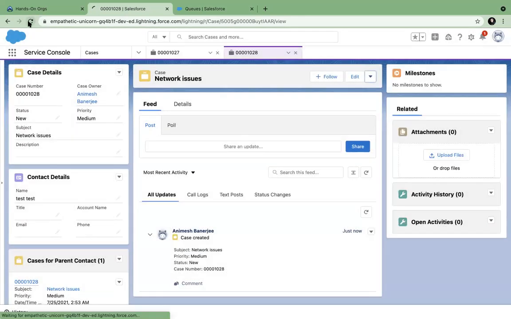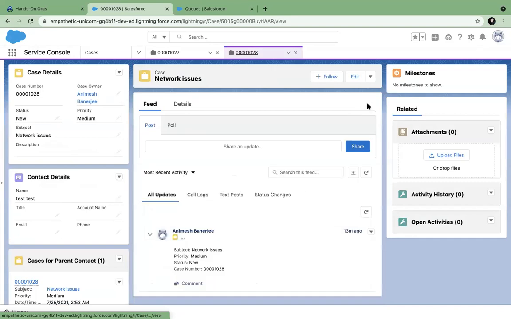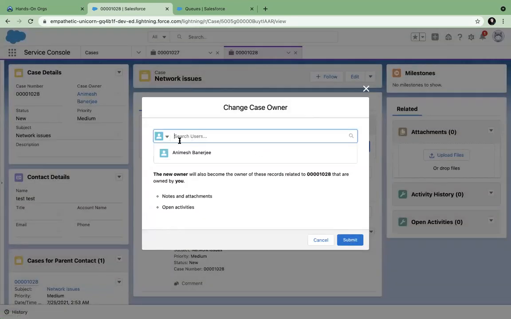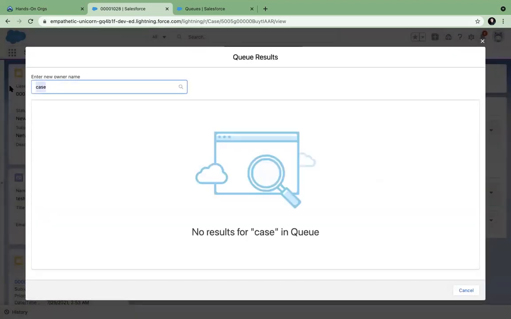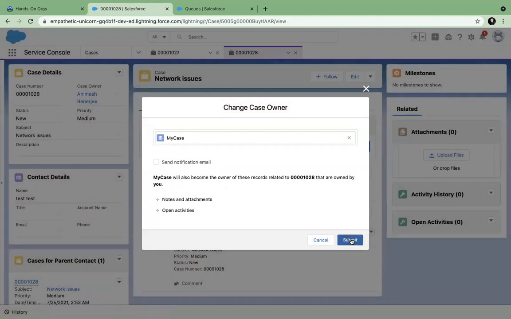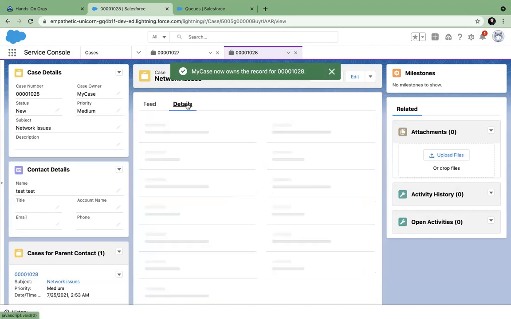So now we will assign this to a queue also. I think after, you can change this to queues. Or now you're not getting it. Right. Yeah, I guess. So now I have assigned this to a queue. It's not an individual person. You see?